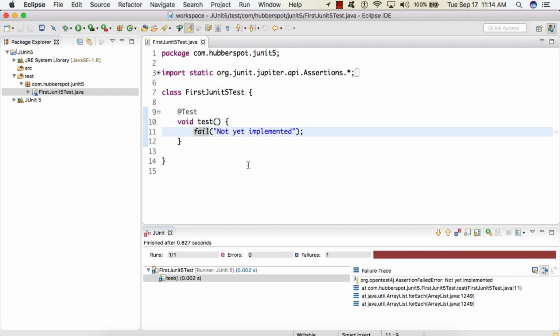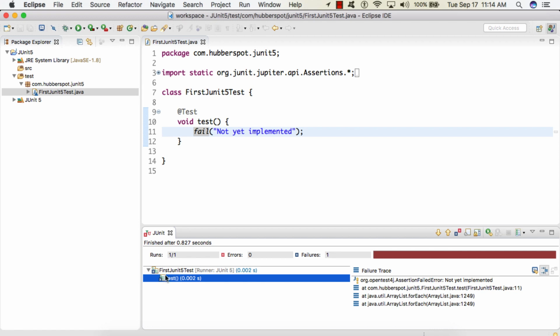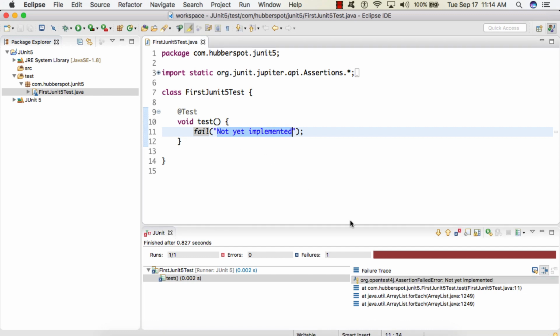Here you can see that the JUnit window shows that the test method failed, and it has given an assertion failed error: not yet implemented. This is the text getting printed. We'll discuss more on this in our upcoming lecture. So for now we have created our first JUnit 5 test, which we ran and it failed with a red bar.